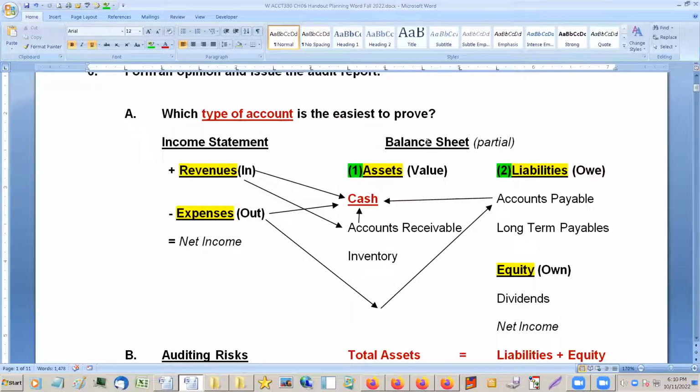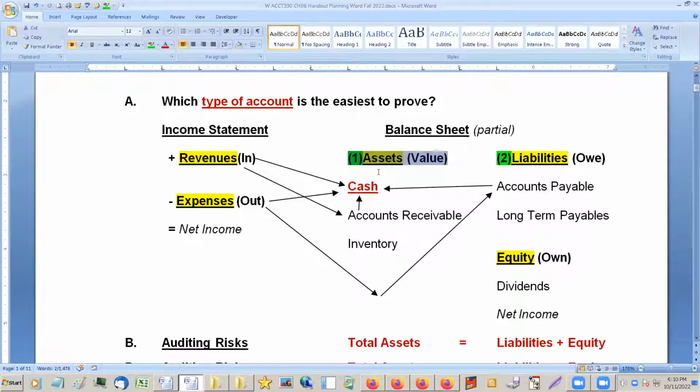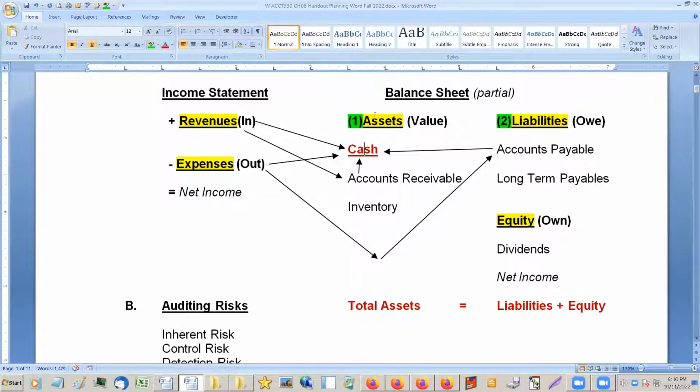So when we do our auditing, we focus usually on the assets at first. Anyways, the assets are the easiest to prove. And among the most important ones there is the cash. Even though it might be fairly small, everything goes through cash. So if you can prove out cash, you can also prove out these other accounts. And cash, like I say, is one of those things that a lot of times you can prove out almost 100%. And the reason why is bank accounts.